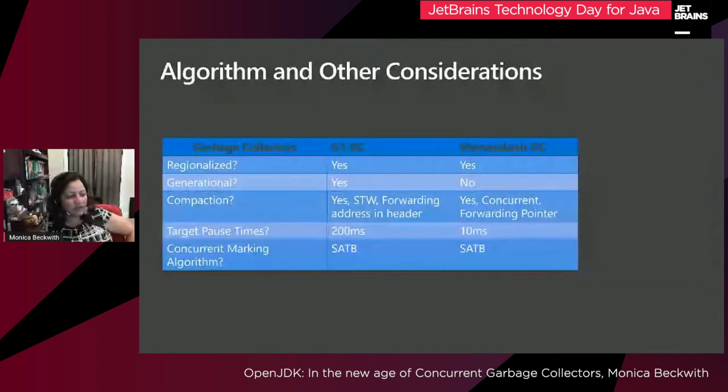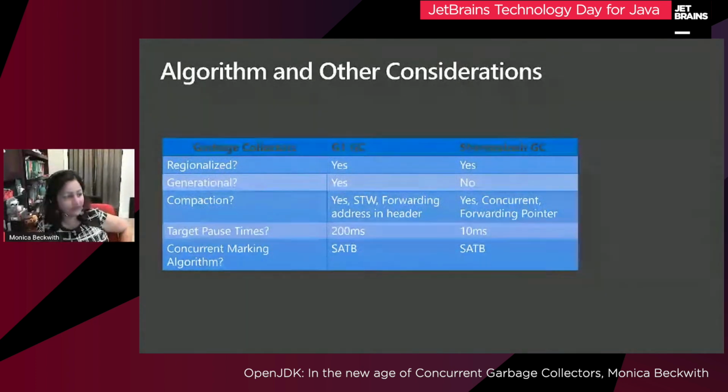Comparing now G1 GC with Shenandoah. Of course, Shenandoah is also regionalized, but as I mentioned, it's not yet generational. Compaction, it does have the concept of forwarding pointer as well, but the main difference is that G1 GC does stop the world compaction, and Shenandoah does concurrent compaction,